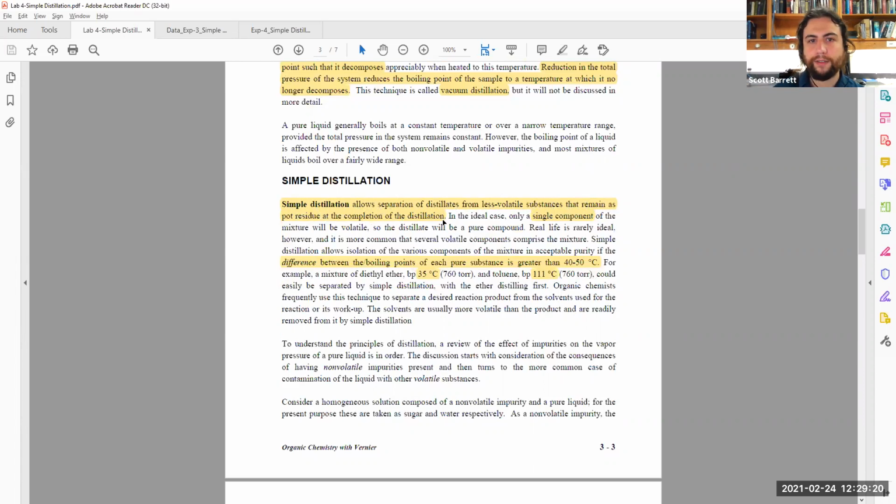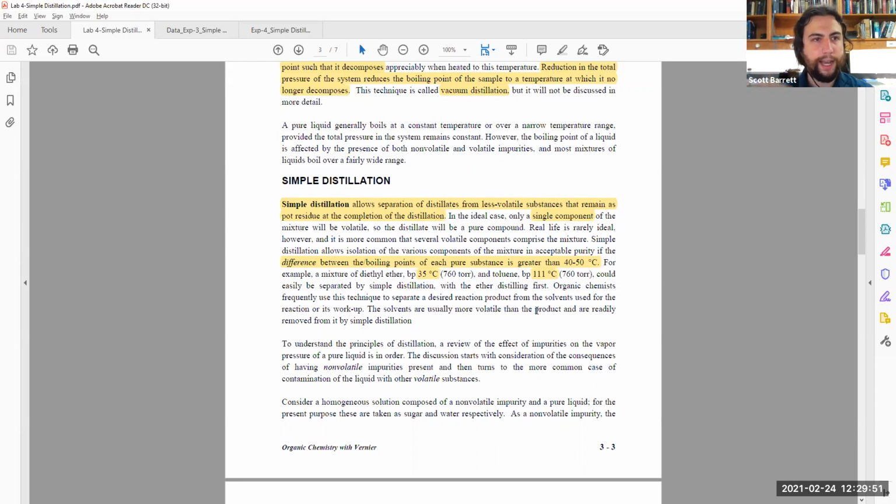residue as a completion of distillation, such that when they say less volatile substances, they're talking about the relative boiling point. So let's say you have a chemical that has 120 degrees Celsius, something close like toluene, and then you have something like ethyl acetate, something near like 80 degrees Celsius. You can perform simple distillation and easily pull your ethyl acetate out of it because it is less volatile, and then you'd be left with your toluene at the bottom, which would be more